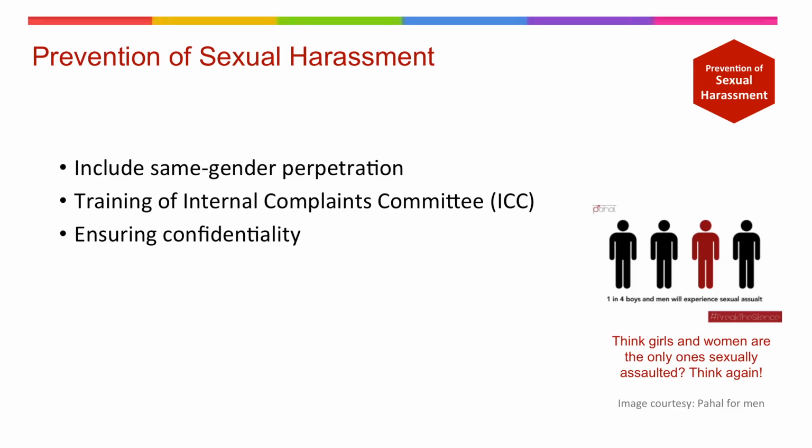The second one, moving on, is on the prevention of sexual harassment policy. There could be cases within the workplace where you do not necessarily have any one gender being the perpetrator and any one gender being perpetrated upon. So the policy needs to be inclusive to say that irrespective of gender, if there is any sexual harassment you are facing in the organization, you can report that out. It's important that the internal complaints committee is trained well to be able to take care of LGBT specific cases.